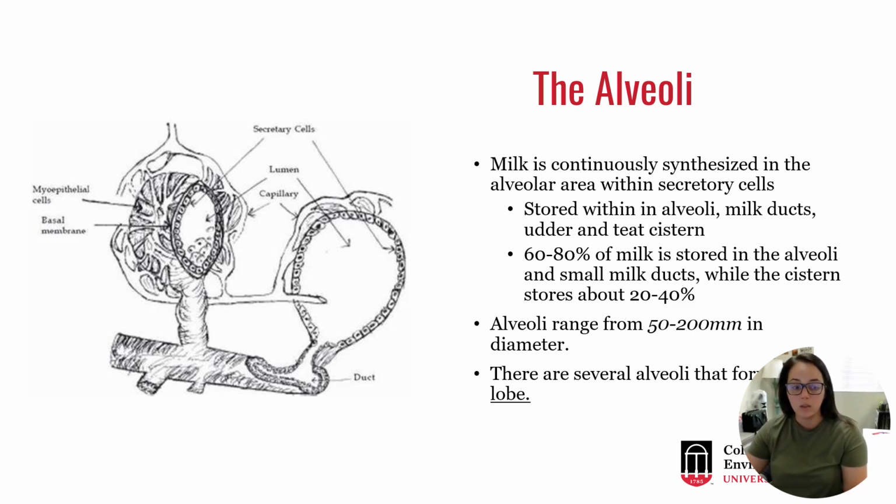That photo was of a lobe, and as you saw, there were several of those bulb-like structures on one lobe. So the number of alveoli that you'll find on a lobe is different. There is no set number. So if we kind of break down the internal structures that we've talked about, or some of the structures that